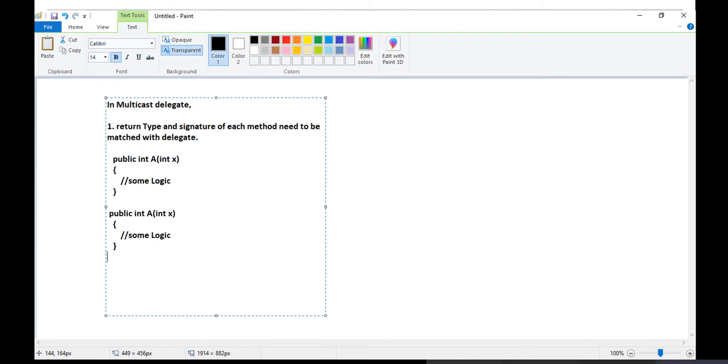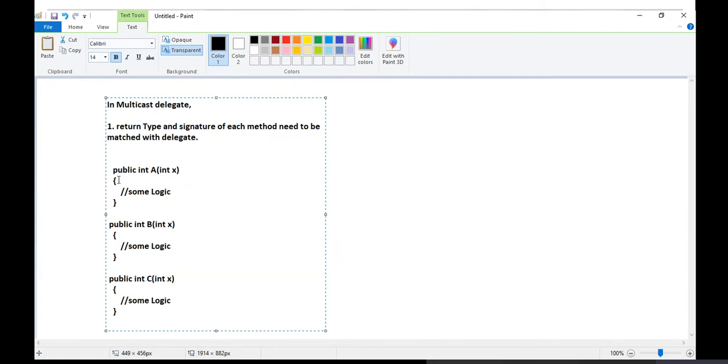We'll write multiple methods like this, so let's say I have A, B, and C. Now, the return types of A, B, and C are matching, and the signatures of A, B, and C are also matching.